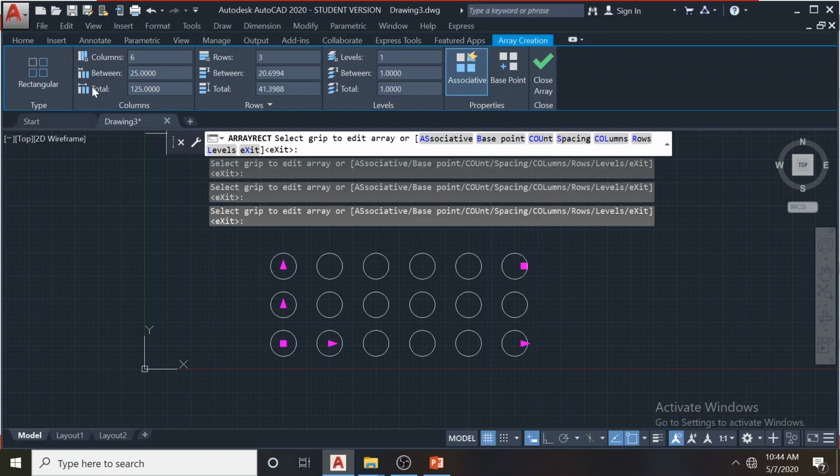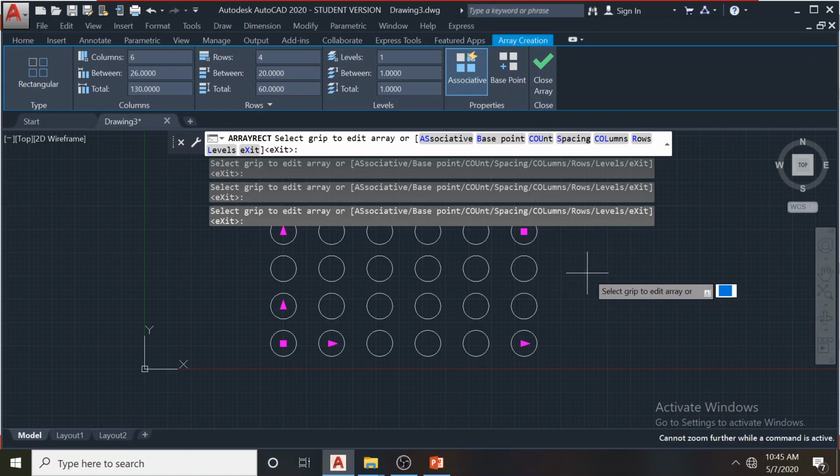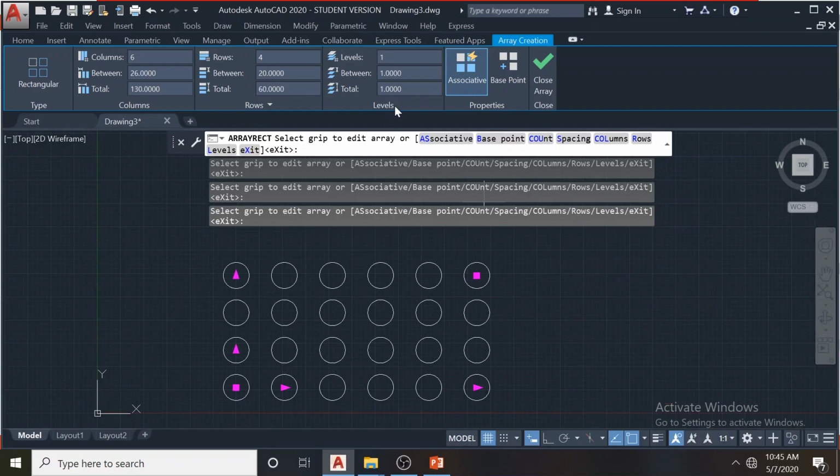When you change these, you don't need to change all 3 parameters. Only 2 parameters need to be changed, and the other one will automatically adjust. So we have 3 rows. I increase the number of rows, and between rows it's 20. See, we can adjust. And here I have adjusted only the x and y directions.